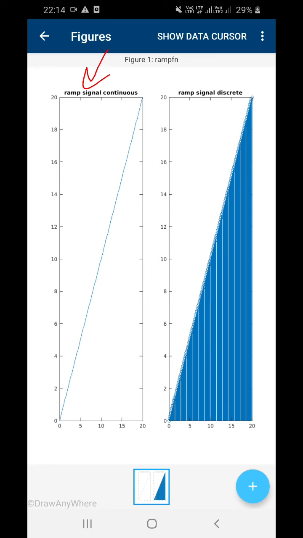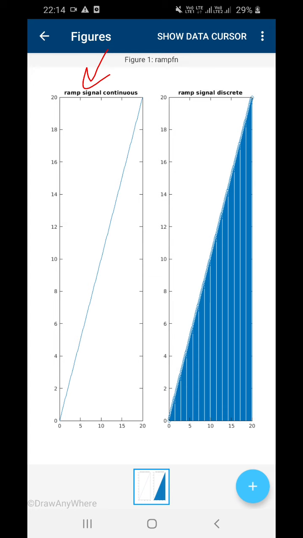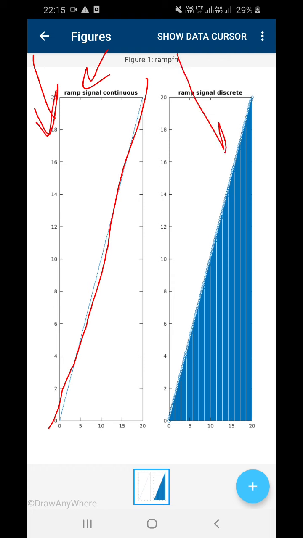Okay, it is not that much having slope, but a ramp signal is nothing but a signal which is starting from the origin, and it looks like this. So first graph is ramp signal with continuous plot, and this is discrete plot, right?